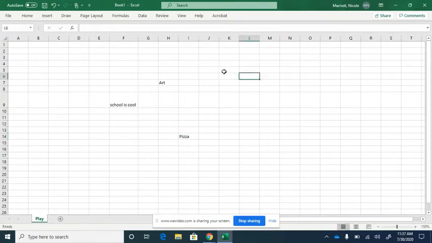Up here in cell K5, let's type in the month of your birthday. And then down here in cell M12, type in your favorite team mascot. Yours can be different than mine. So now that we have information spread throughout our spreadsheet, we're going to play around with some different feature tools